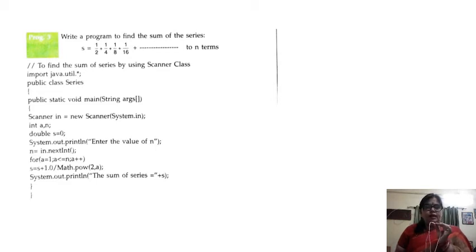So here, as you have previously studied about the math functions, and I have told you that math functions work in double, we have taken double. s is equal to s plus 1.0 divided by Math.pow(2, a). So we will get a sum here. So this is your sum of series program.